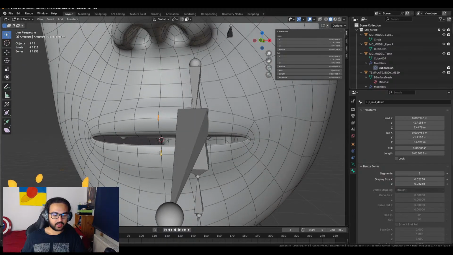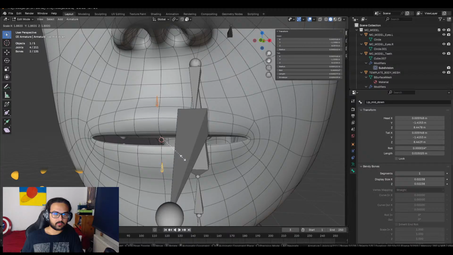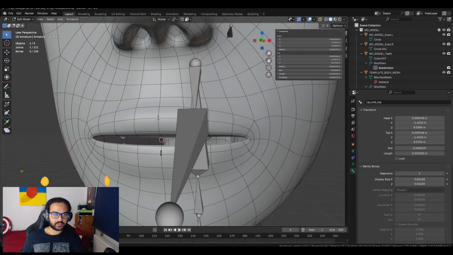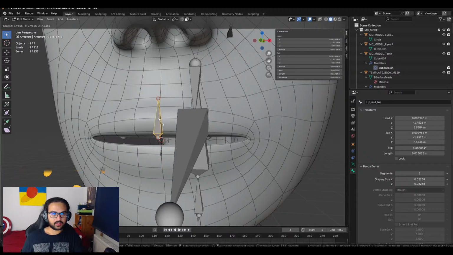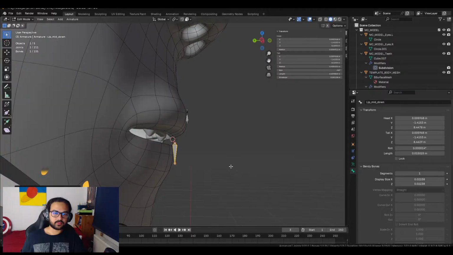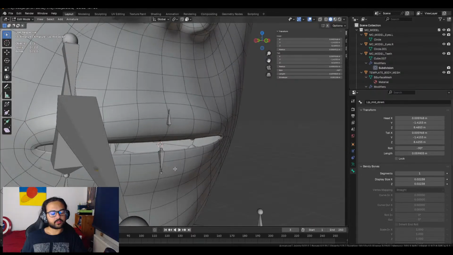Let me scale both of them. Okay, that just brings them further away from each other. That's not what I want. I want to just scale this. Actually, it does need to go into the negative. Should, at least. Right? Because if